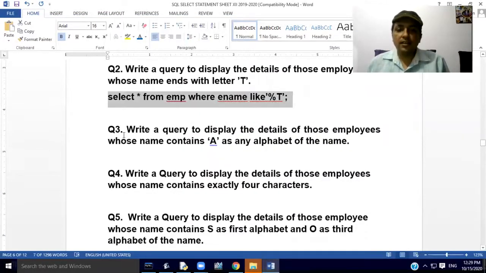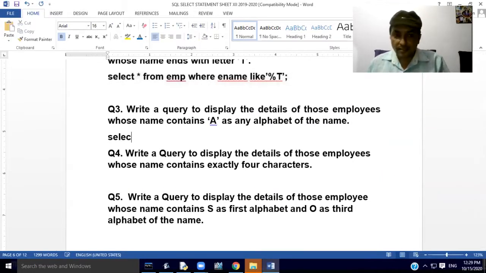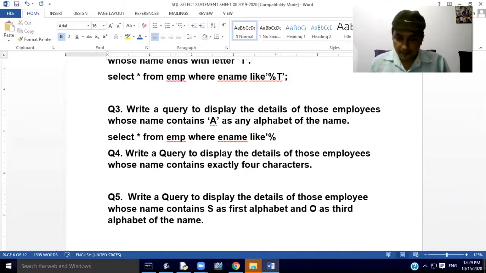Now our third query is: write a query to display the details of those employees whose name contains A as any alphabet of the name. We have to write the query like this: select * from EMP where ename like '%A%'.